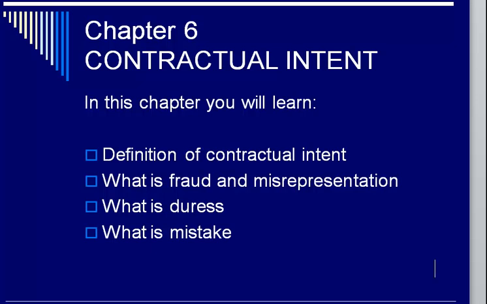The sixth and final element of a valid contract is intent, and it means that the parties need to have actually had the same picture in each other's minds when entering into an agreement, so that we know they have mutual assent. And if one party does something sneaky, tricky, rotten, etc., then the other party is not validly entering into a contract. There's no intent to enter into the same agreement, and there is no contract. So we're going to look at fraud, misrep, duress, and mistake.